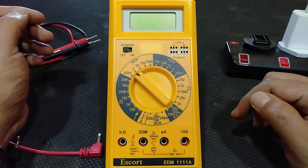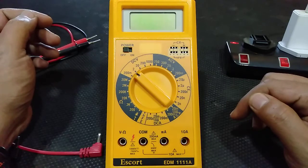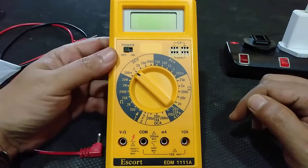So yeah, it retailed at the time for around 98 Aussie dollars. I'm not sure how much that is in today's money. I'm sure it's a lot, but honestly speaking, in today's